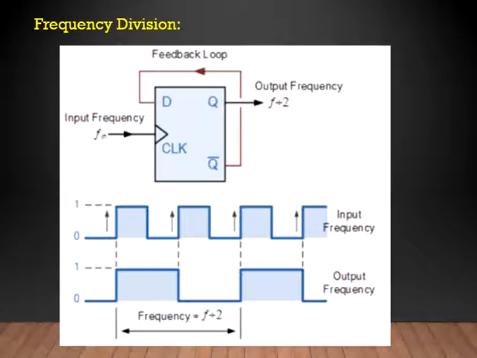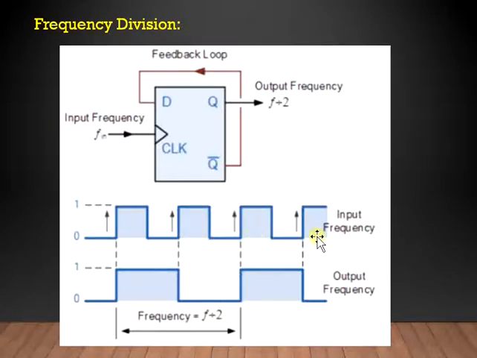So here, as you can observe, we have a D flip-flop wherein Q bar and Q are the outputs of the D flip-flop, and you are providing a clock to the flip-flop. So this clock corresponds to the input frequency which changes from 0 to logic 1. If you observe one particular cycle of this clock, you have this complete cycle as one cycle, this is another cycle, this is another cycle.